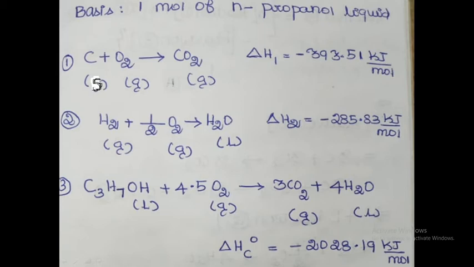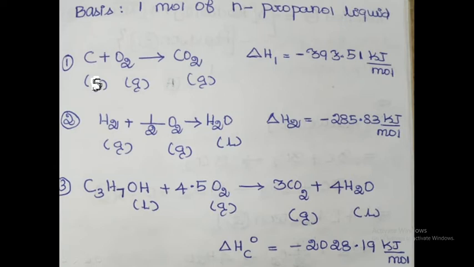Okay. So step number 3, based on the number of moles of combustion products formed in the combustion reaction, we should multiply equation 1 by 3. Why? The carbon dioxide formation reaction is number 1. Reaction number 1 multiply by 3. Whereas water formation reaction is number 2. Reaction number 2 multiply by 4. Are you clear or not? Okay. Add these two equations minus the rest of the reaction given in our problem. Keep in your mind. Are you clear or not? Okay. So what about the rest of the reaction? That is the third reaction.